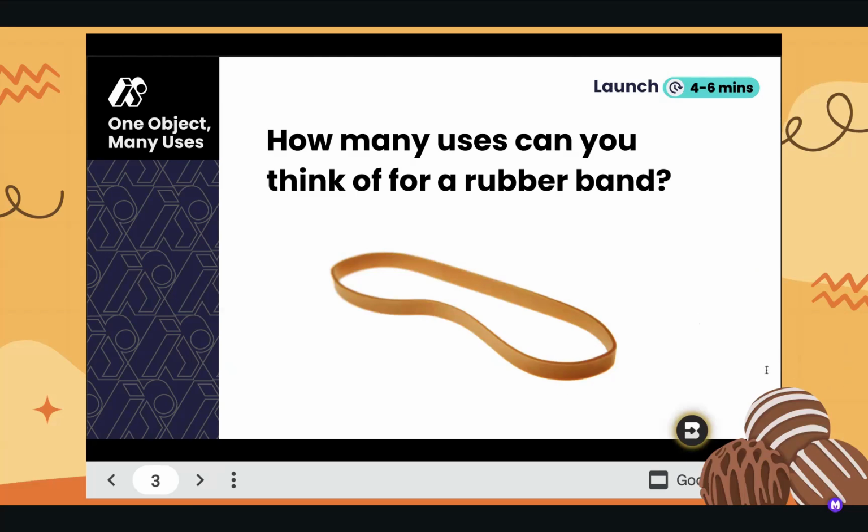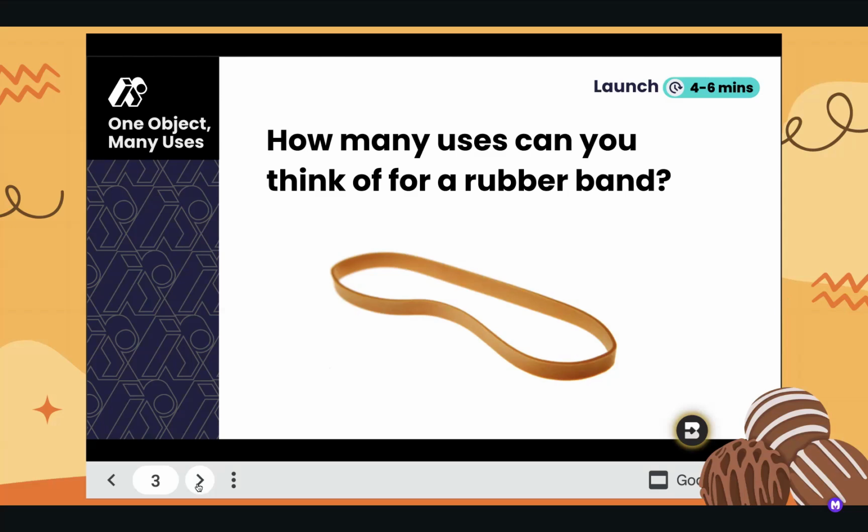You can use a rubber band on a door by putting it on one of the doorknobs on one side, crossing it, putting it on the doorknob on the other side, and making sure that your latch stays in, and then you won't lock yourself out. You got it. I see some great ones in the chat too. So those are some of the ways that you're considering using a rubber band.